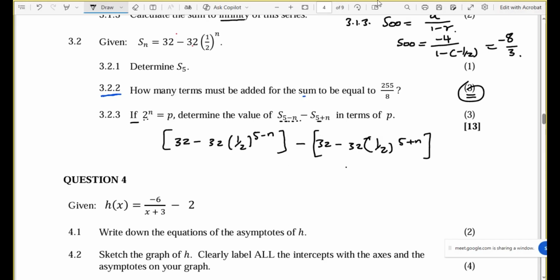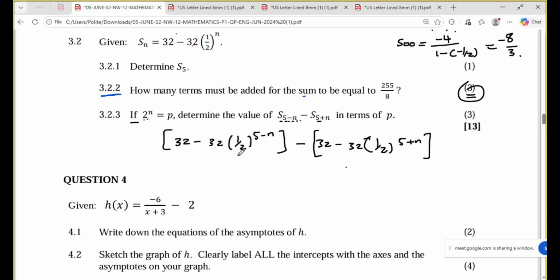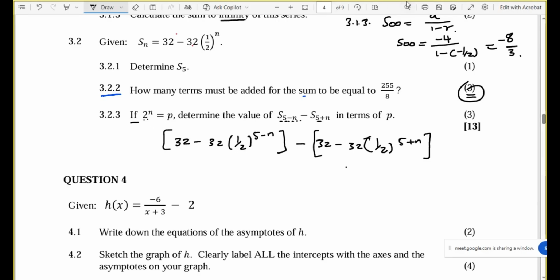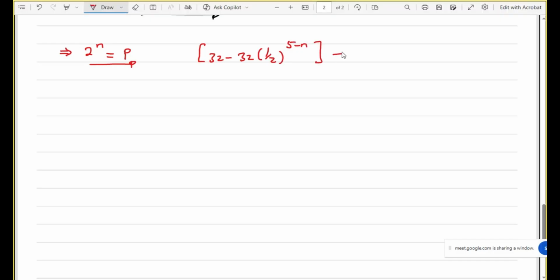Okay, I'm just going to rewrite the equation this side, then we'll take it step by step and solve that question. They want us to find this in terms of p. We know that it is given that 2 to the power n is p. So 2 to the power n is equal to p. Okay, so let me quickly work on this. This will be 32 minus 32 into 1 over 2 to the power 5 minus n minus